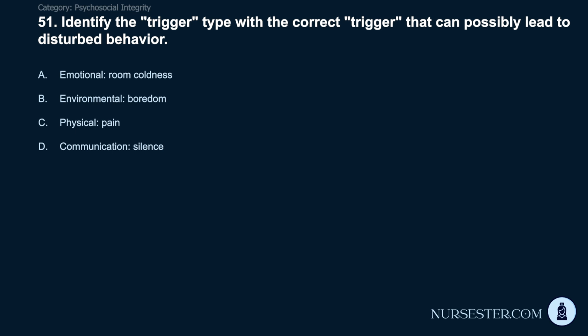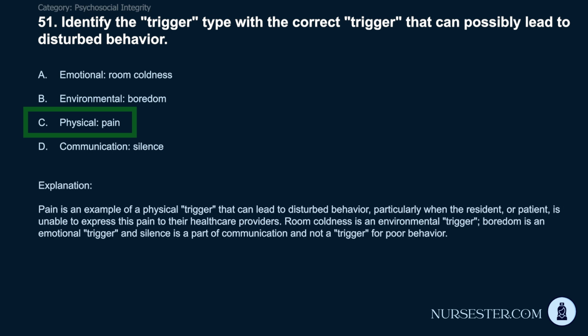A. Emotional, room coldness. B. Environmental, boredom. C. Physical, pain. D. Communication, silence. Correct answer: C. Physical, pain. Pain is an example of a physical trigger that can lead to disturbed behavior, particularly when the resident,